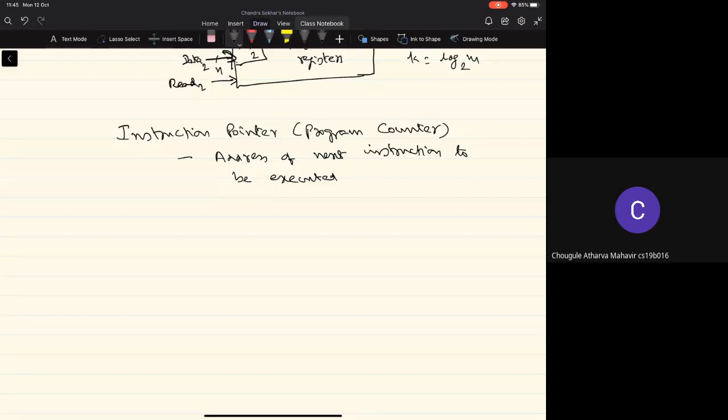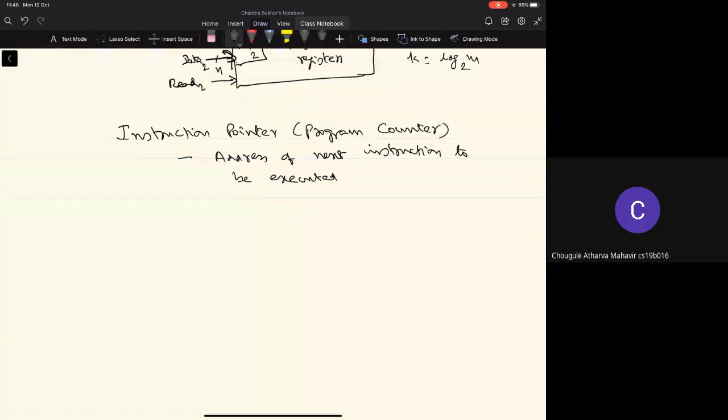So one has to fetch the instruction from that memory location and then put it in a register called the instruction register. We'll come back to that quickly. Basically the instruction pointer will have the address of the next instruction to be executed. After you execute the current instruction, what do we have to do? In normal program execution, we'll have a sequence of instructions and we'll be executing them one after another in that sequence, unless there is a jump instruction or a branch instruction.